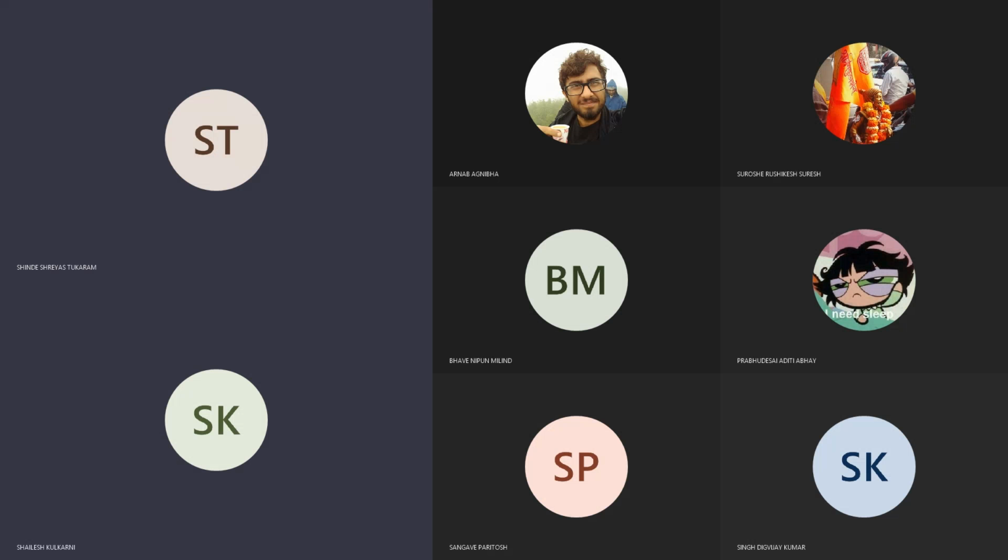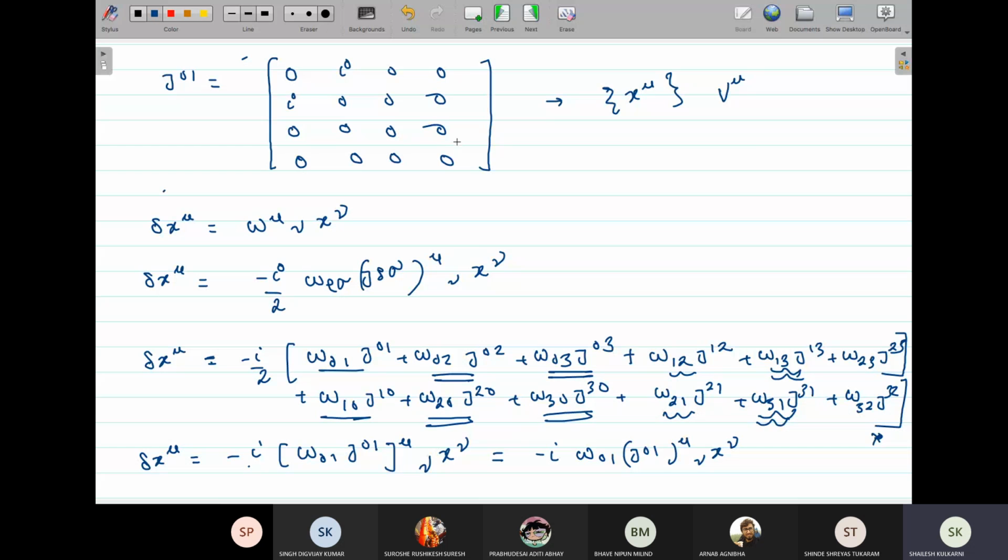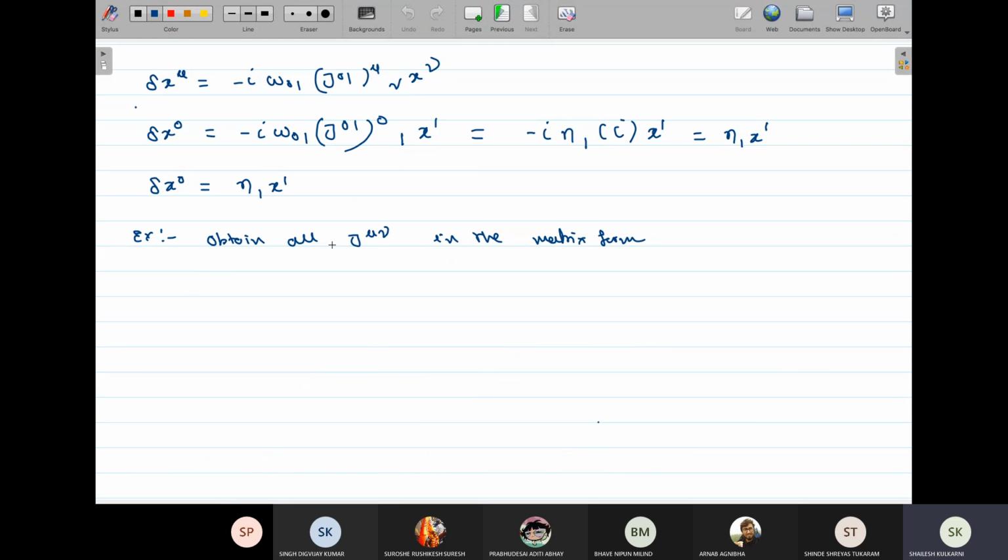So we have obtained the J01 matrix. Similarly, I will just write all these matrices. So this is the exercise. So maybe I will write the answer. Okay, so J02 will be